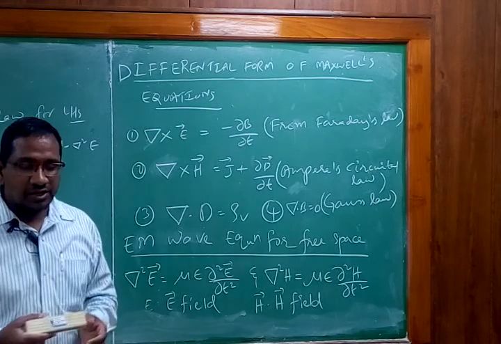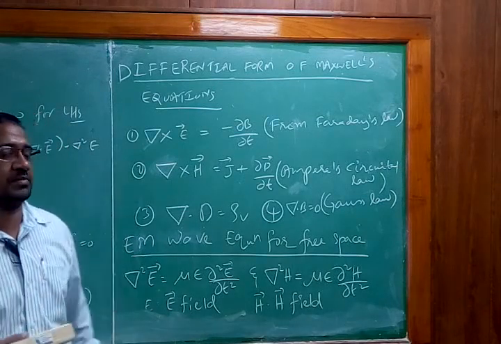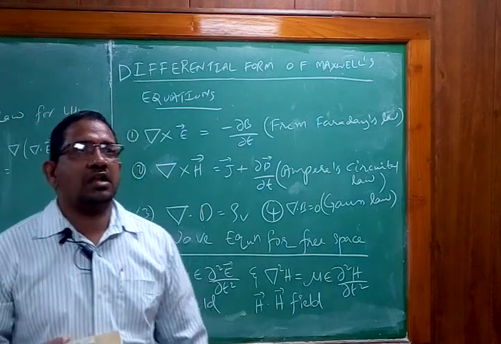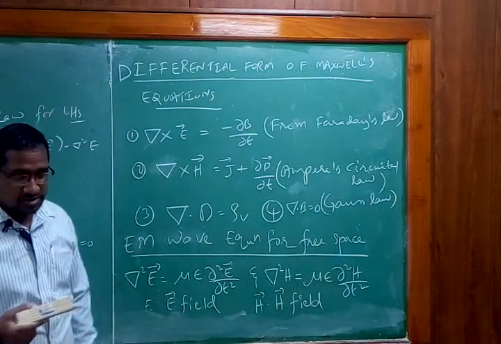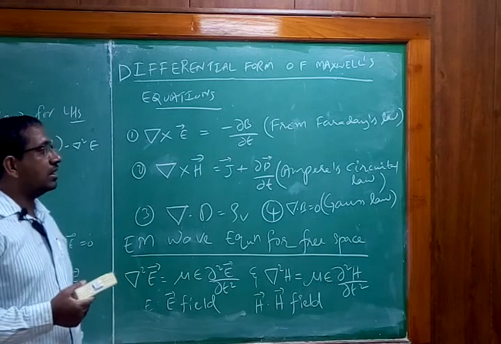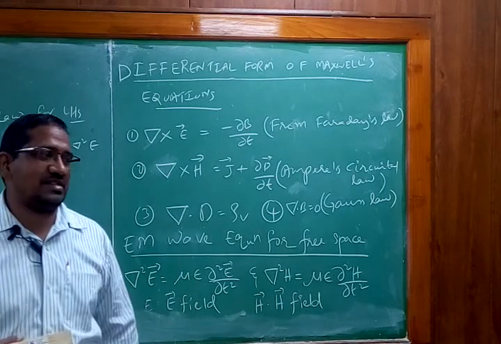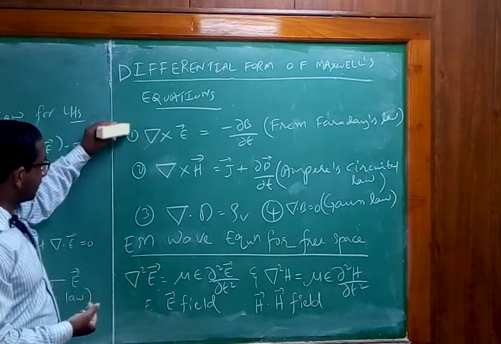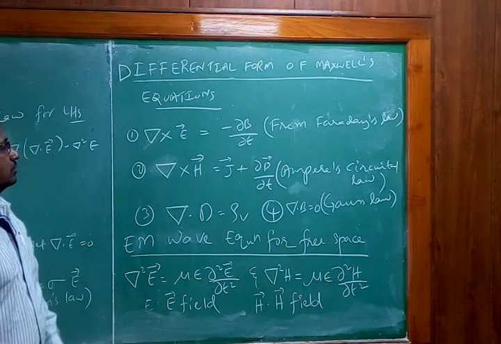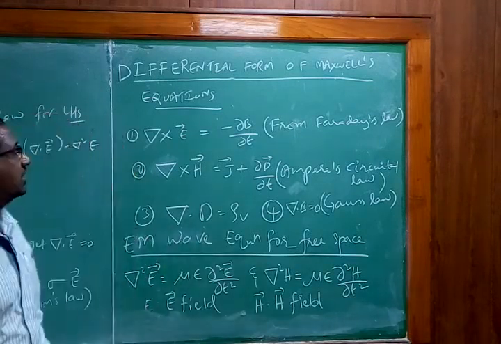Now, to start with, we begin straight away with Maxwell's equations. The derivations of Maxwell's equations you have seen in the EMTL subject, and the physical interpretation of all these equations we have seen in antennas and wave propagation. In today's class in MWT, we are going to use the basics from the previous classes. So I have simply listed out Maxwell's equations so that we can solve the propagation of EM wave through the waveguide. Let us start looking into this.